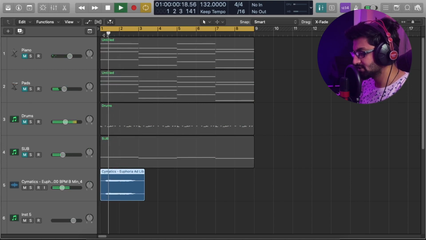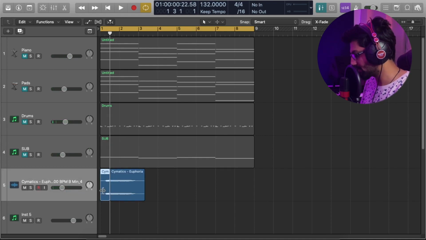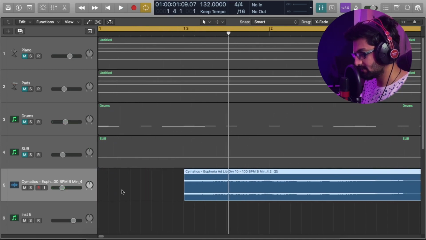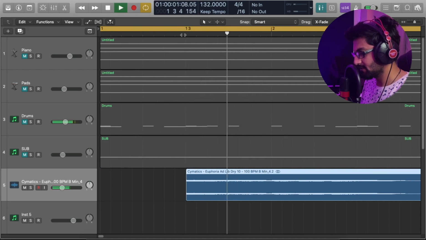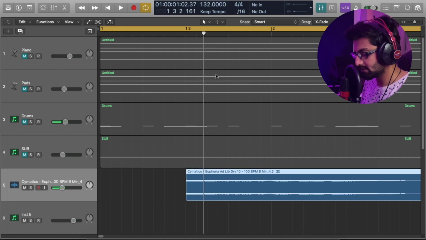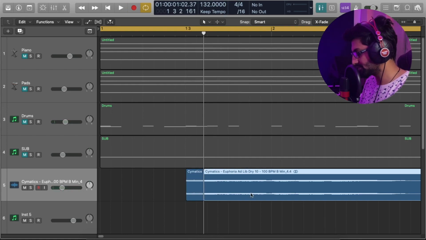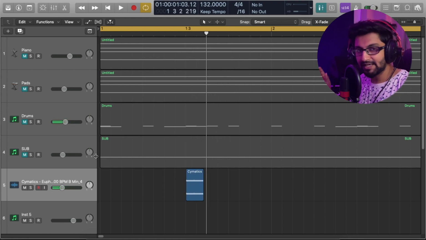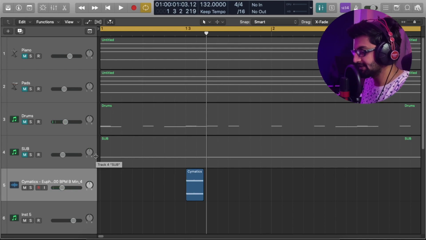So there is some changes over there, and I think this part, if I chop it off and I just take that, let's see. So I think I'll take this small portion. Yeah, that sounds nice. So I've taken a very small portion of that vocal phrase, and what I'm going to